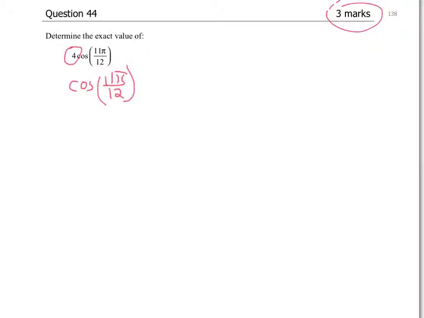So my first try, I'll try this. So how can I write 11 pi over 12? Well, I could write it as 1 pi over 12 plus 10 pi over 12. Now that'll give me 11 pi over 12, but pi over 12 is not a nice angle. It's not a special angle. So moving forward,